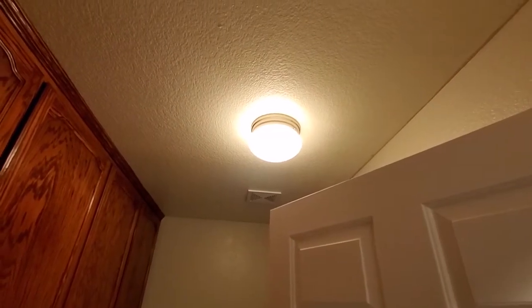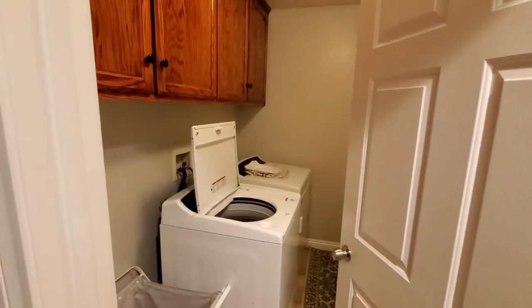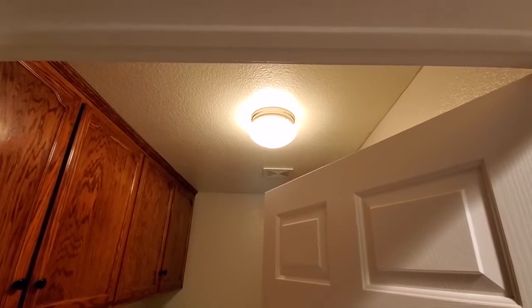They were some really cheap fluorescent fixtures, and I put new bulbs in them, didn't work, and I tested the wires going to the fixture, so they were getting juice, but they just happened to all want to die within a few months, and I think the ballasts went out in them. So I took the junky fluorescent fixtures out. As far as the house goes, these lame UV lights were in every closet. This is the last one working in the laundry room, probably because the people that lived here before didn't do their laundry much. But I've ended up replacing all of the other ones in every closet